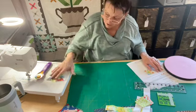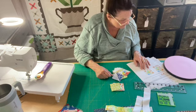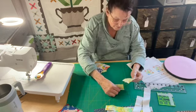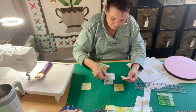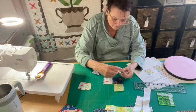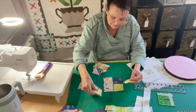Lay out the 8 half square triangles along with 8 squares as illustrated. So we put 4 in the middle. Oh, those are pretty. I like that. And then